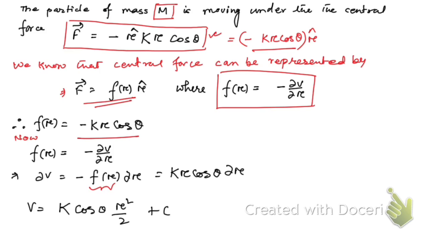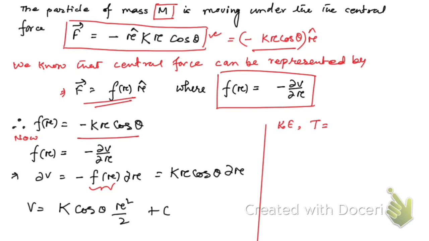Now we know that Lagrangian L is given by kinetic energy T minus potential energy V, right? So let's find the kinetic energy first. So let me write here, kinetic energy